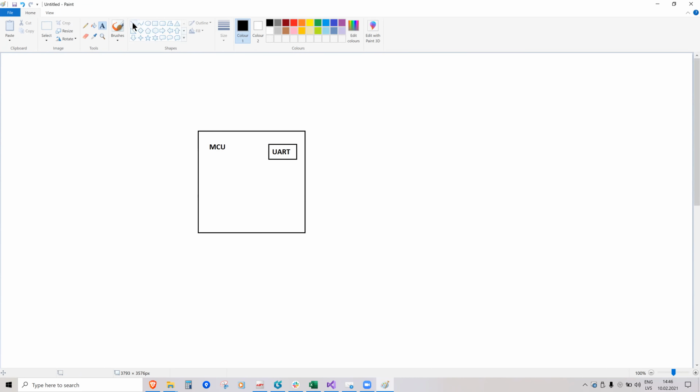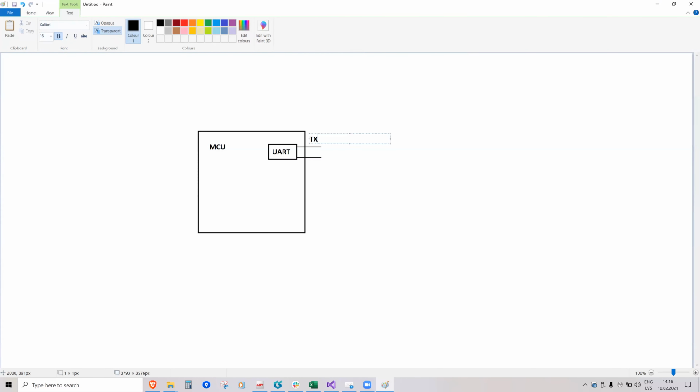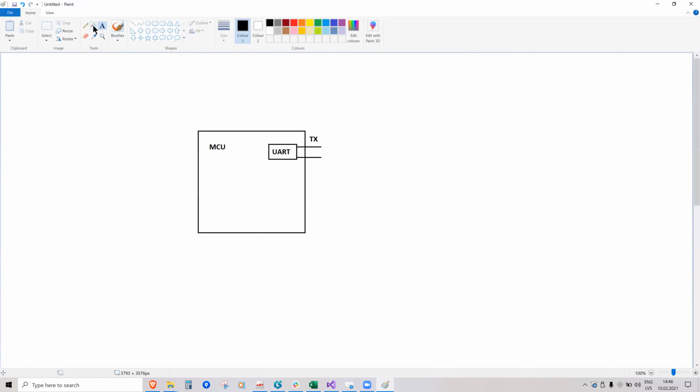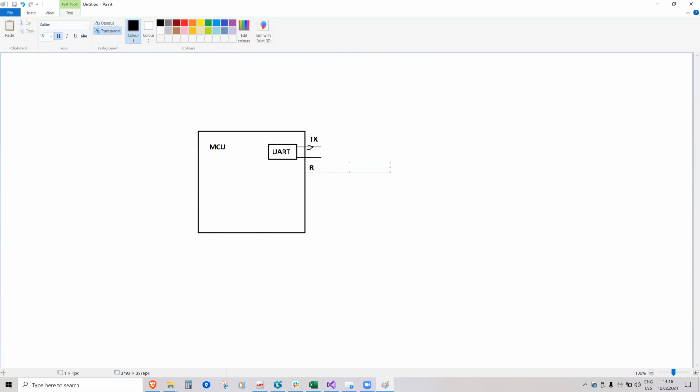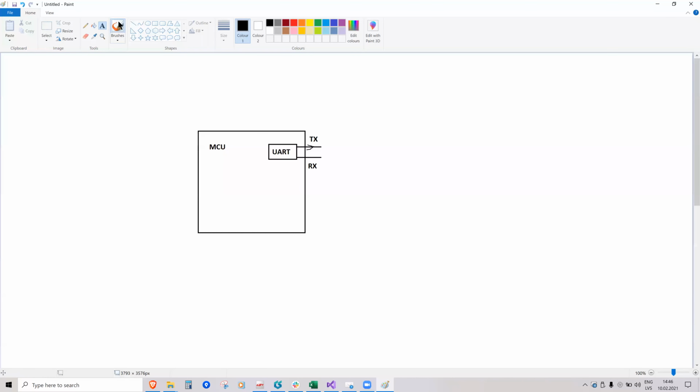And it is able to control two microcontroller pins at the same time. One of those pins is called TX, and that is the pin which sends the data out. So data goes out from TX, and the second one is RX. This is where the microcontroller receives the data. Okay. And the computer,